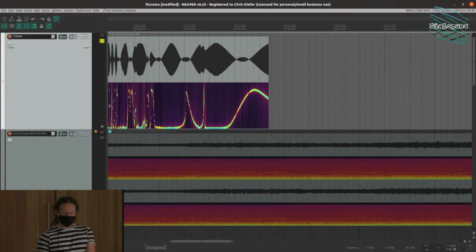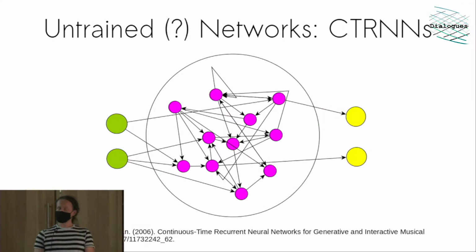So to me, I found this quite fascinating because the intrinsic dynamics of these networks seem, when you got lucky, to be quite musical. So why would it be interesting to train them when they're already doing something quite interesting? And maybe the training could be about how these networks engage with the environment around them. So you can think about how they're coupled to the world instead of changing them internally.